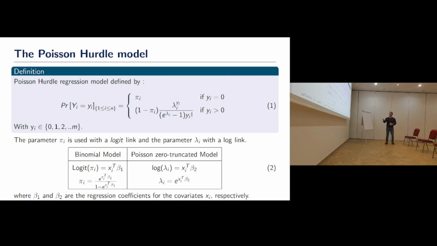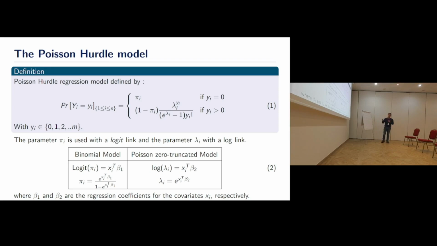So here we have the first model. The Hurdle model is made of two different models. The first model is a binomial regression. This model is trained on a binary target: the first class is zero, and the second class is the positive values. This model is used with a logit link, so finally we have the probability of being 0 or 1. The second model is a zero-truncated Poisson model. This model is trained only on the positive values, and for this model we use a log link.